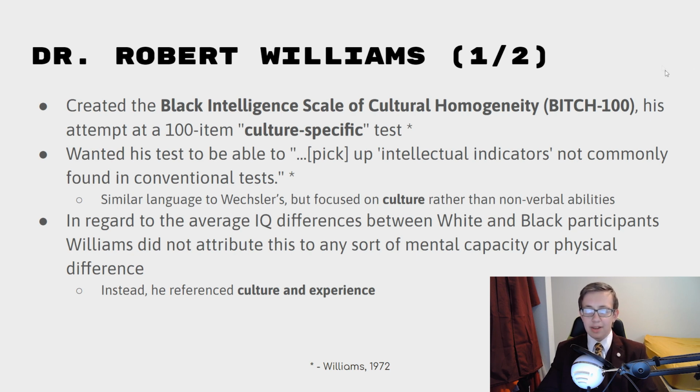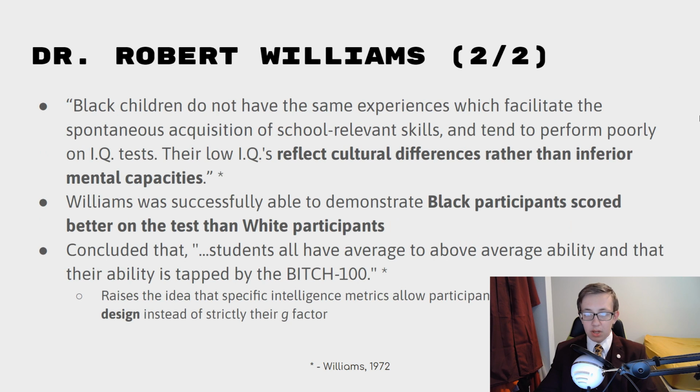So the difference in IQ between white and black participants, to Williams, he didn't attribute to any sort of mental capacity or physical difference. What he focused on was culture and experience. I pulled a quote from his writings. He's saying that black children do not have the same experiences which facilitate the spontaneous acquisition of school-relevant skills and tend to perform poorly on IQ tests. And more importantly, their low IQs reflect cultural differences rather than inferior mental